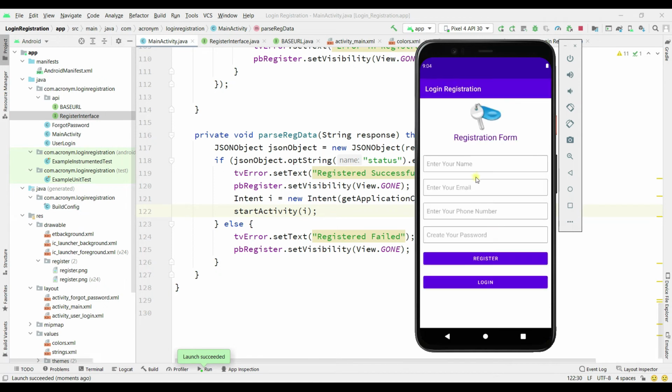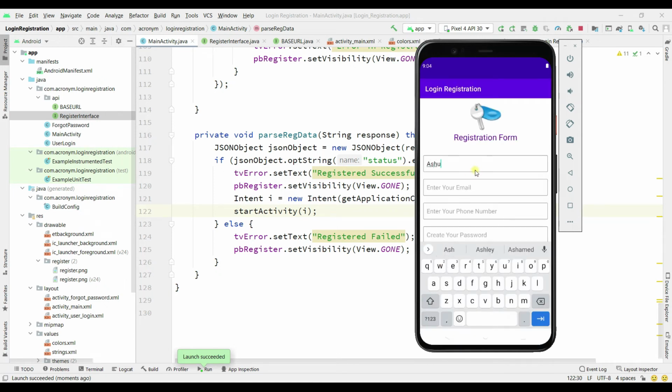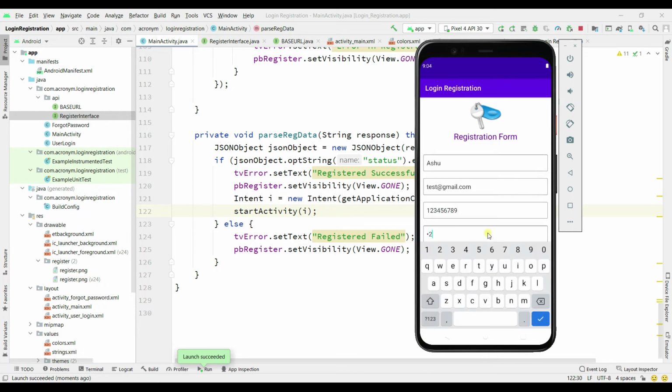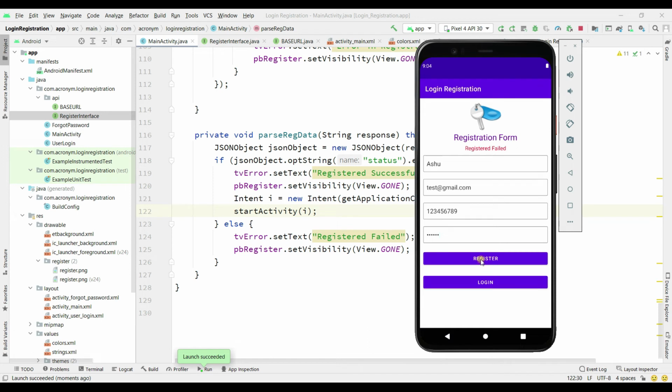Then if I want to register, I will get the message. Okay, I want to put it. Now one more feature you will see here. If the user tries to use the same email ID again, what message will come? Okay, let's see that. I'll just put it. Registration failed. Why? Because there is already an existing email ID here. So I'll put some other email ID here,